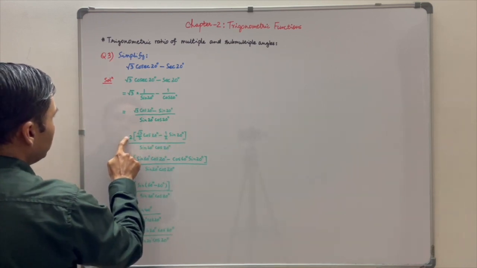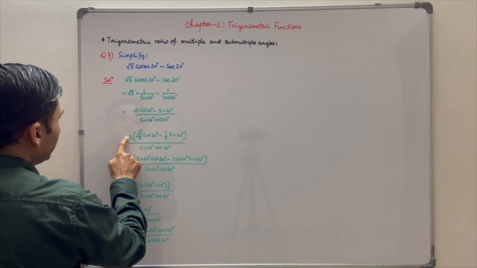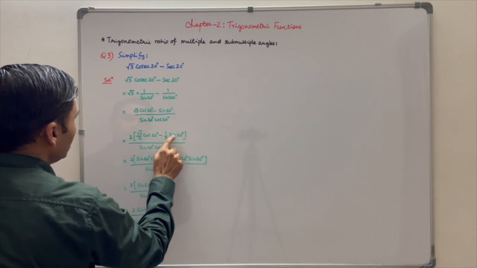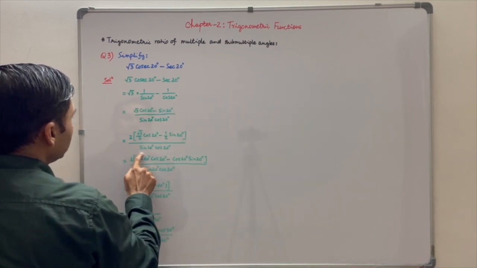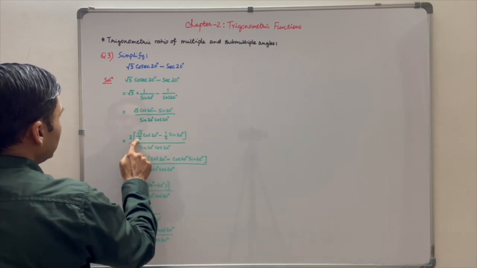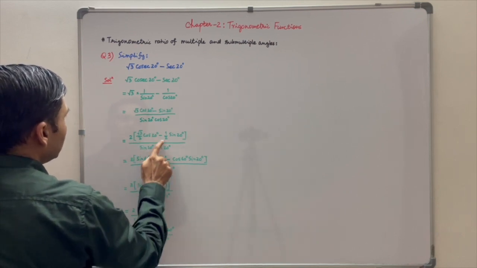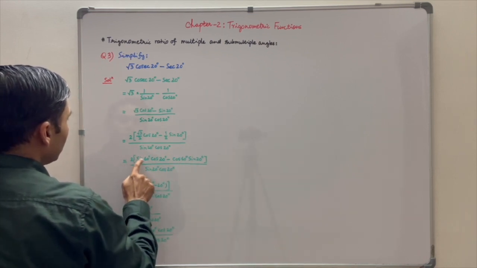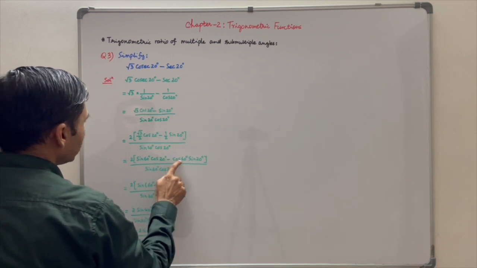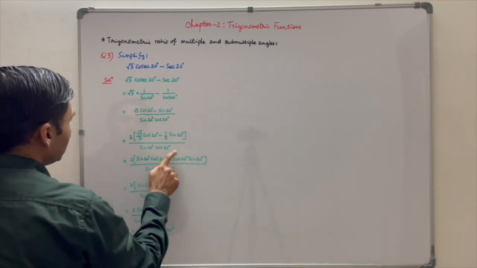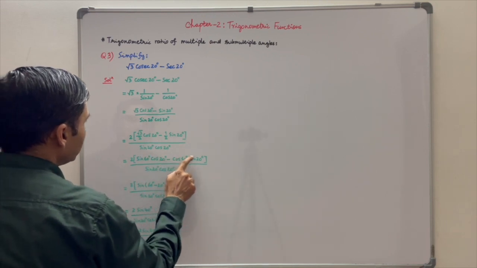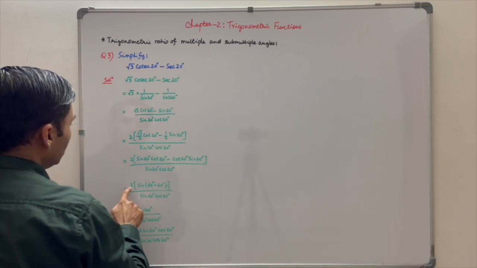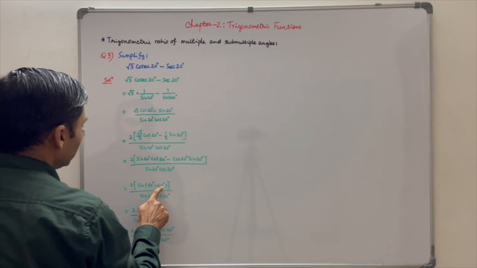Now multiply and divide by 2 in numerator. So numerator will become 2 in bracket, root 3 by 2 cos 20 minus 1 by 2 sin 20, upon sin 20 cos 20. Root 3 by 2 can be written as sin 60 degrees. 1 by 2 can be written as cos 60 degree. So numerator will become 2 times of (sin 60 cos 20 minus cos 60 sin 20). Now this is in the form sin A cos B minus cos A sin B, and that is equal to sin (A minus B). So numerator will become 2 times of sin (60 minus 20) degree,